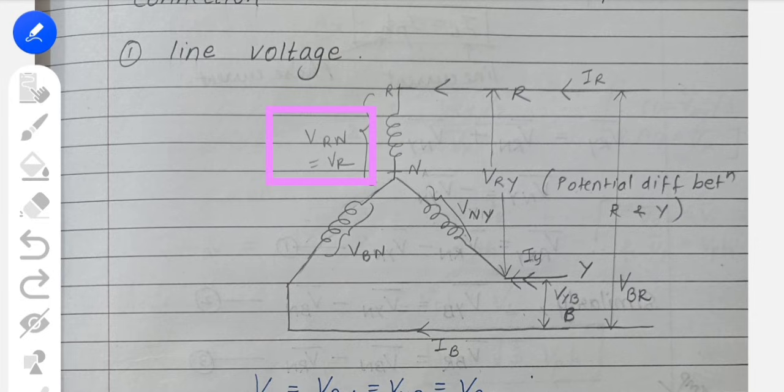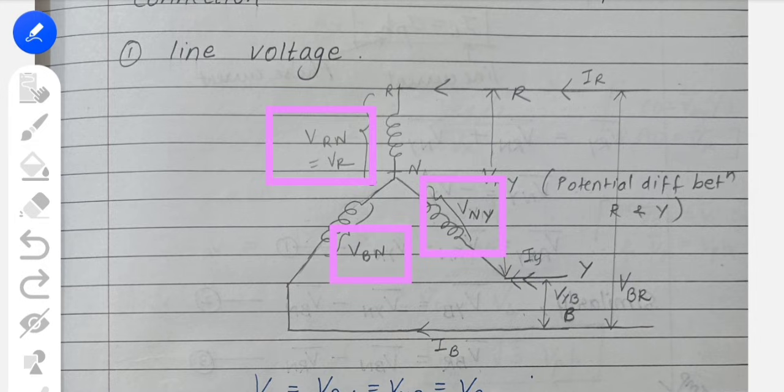And here, as this is the connection for B and N, you can write it as VBN, and you can also write it as VB, that is the voltage across B, N. Then here is the voltage across N, Y, or you can say YN. As it is connected with Y and N, you have to show that. I think then the voltage part is done.